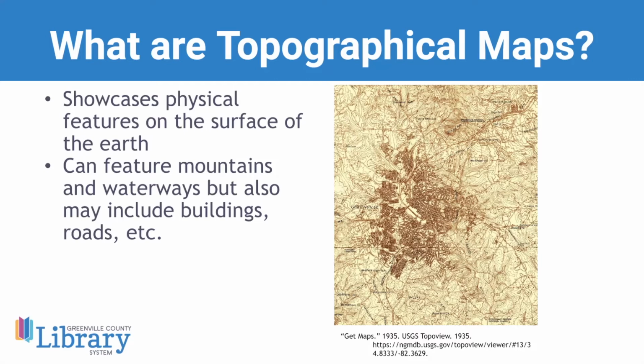But they really help to describe the physical landscape. So we can really ask ourselves, was the area that our ancestors lived in forested? Was it mountainous, or was it more of a rural or urban place? So these maps can be helpful in that instance. And what kind of roads in and out were there? Were there a lot of railroads? And thinking about those and building that narrative like we talked about.